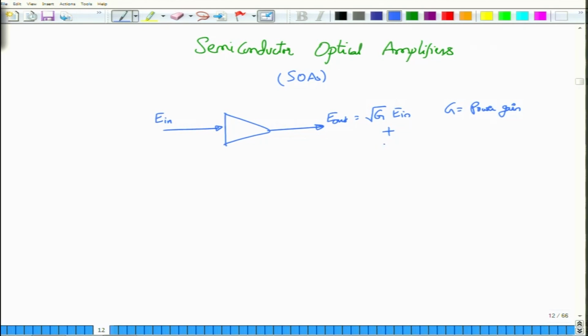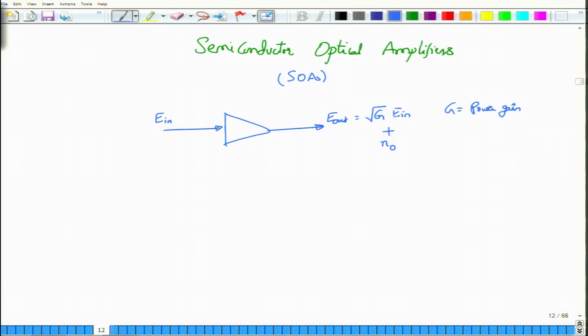Of course, if it was an ideal amplifier, this is what it would have done, but most physical amplifiers also add a certain amount of noise to the output. This is amplified spontaneous emission noise that is added from the semiconductor material itself, and the amount of noise that goes into the band depends on the bandwidth of the input signal. Usually the gain is broadband, and when you send in light at a particular frequency or with a certain bandwidth around a particular carrier frequency, the in-band noise is determined by the bandwidth of the input signal. So, this is what one would expect from an ideal amplifier and from a non-ideal amplifier.